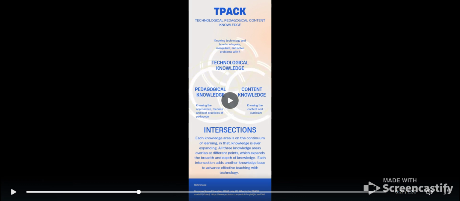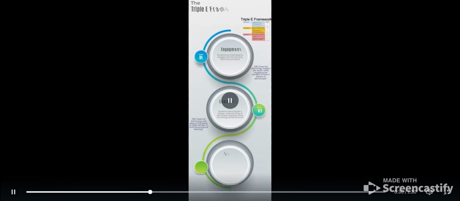Teachers can intersect those two knowledge areas by also bringing in the third area of technological knowledge. Using technology to enhance lessons, and a teacher's pedagogical knowledge to effectively teach those lessons, is where the TPACK model excels. The Triple E framework asks of the teacher, is the student engaged or motivated in the lesson